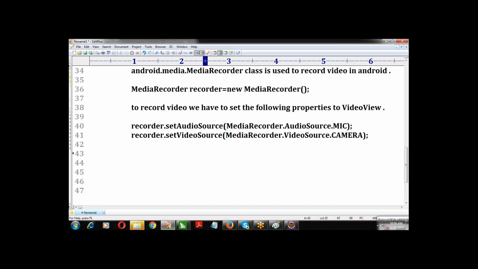Next we have to specify the quality of the video file. You need to specify the quality, because by default it is going to store in .mp4 extension. So if you want to specify the quality of the video file,